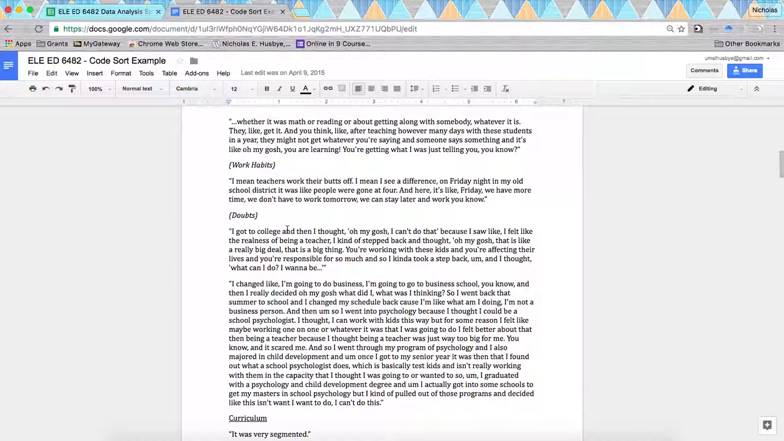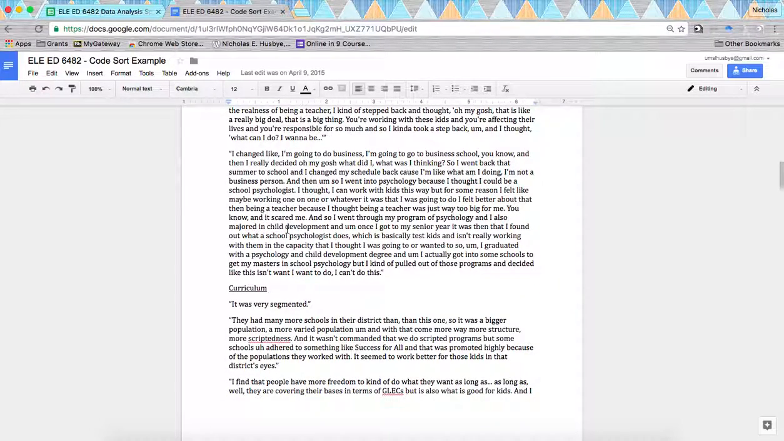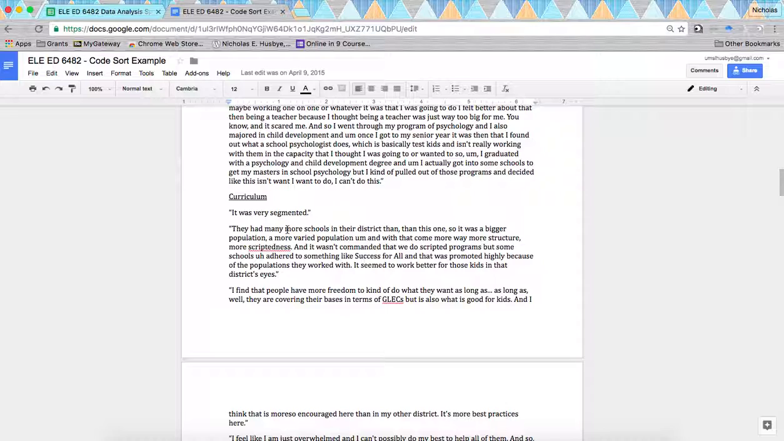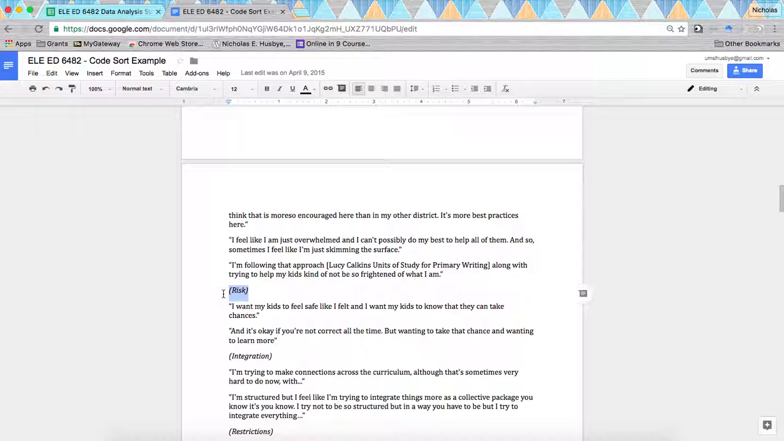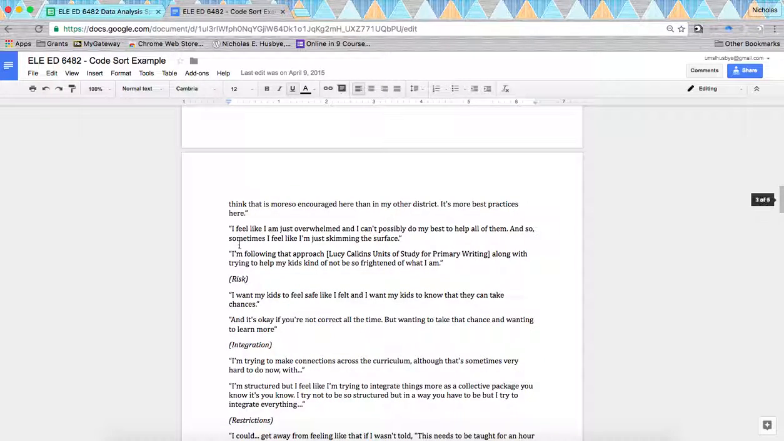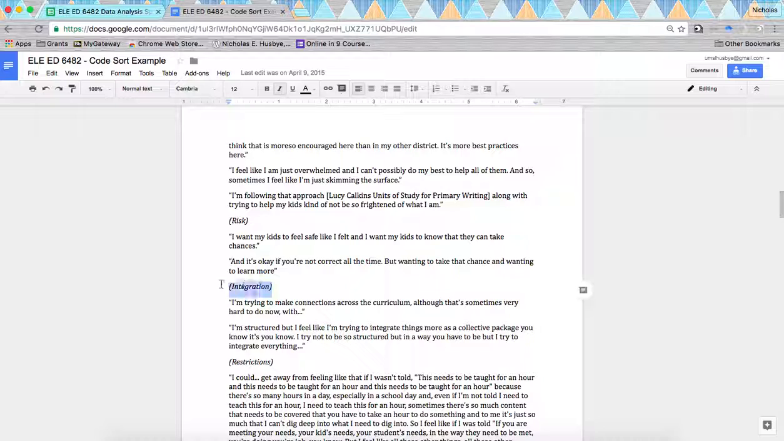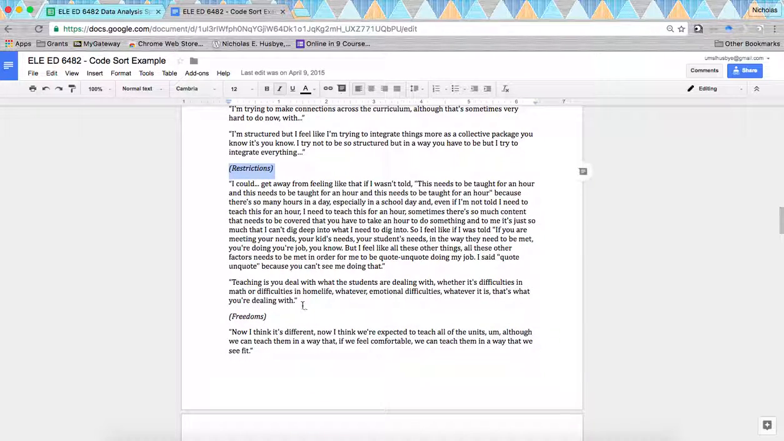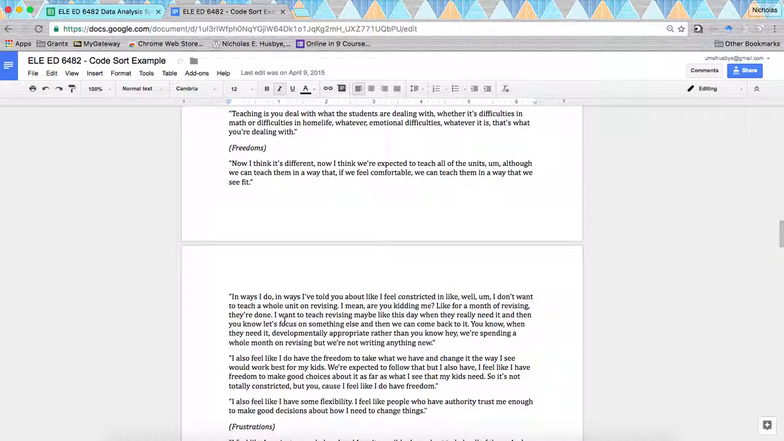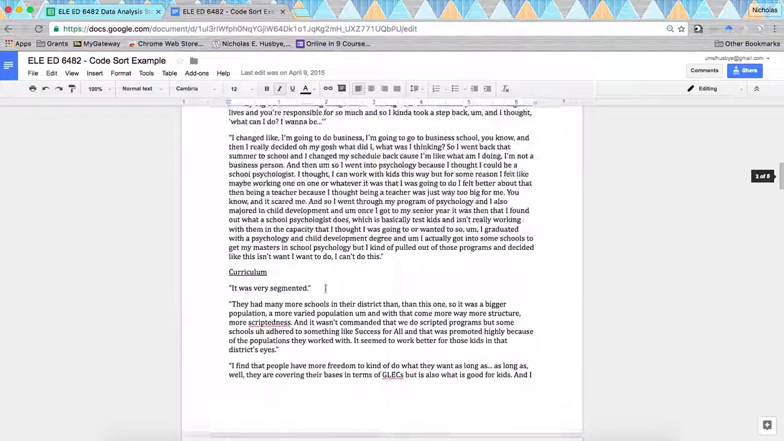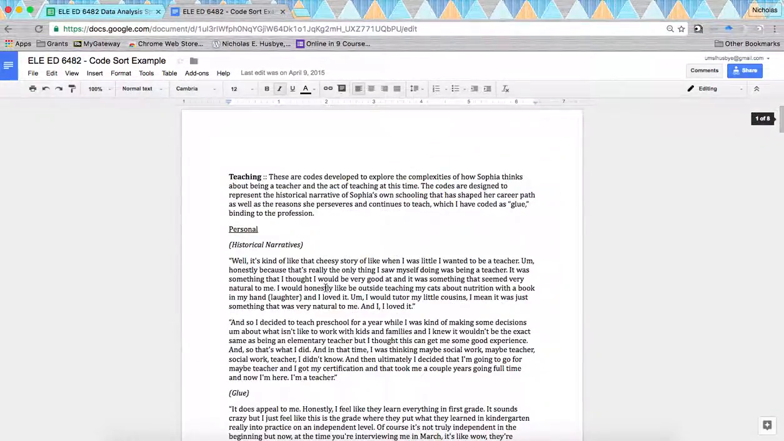What I've done is I've looked at my interview, where I've coded or highlighted particular codes, and I've just organized them. I've grouped them based upon whether it's a curriculum code and whether she's talking about risk within curriculum, integration within curriculum, restrictions within curriculum, freedoms within curriculum. And what this allows me to do as I'm sorting all of these codes from my interview is, as I'm writing up my findings, I can talk really easily about teaching first